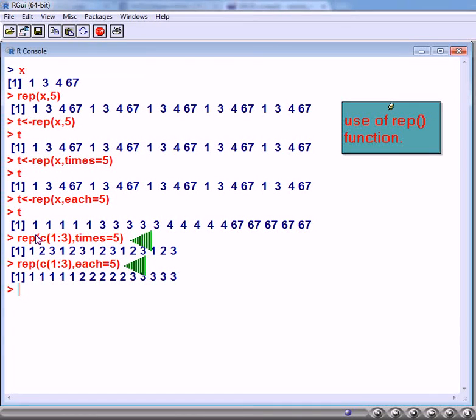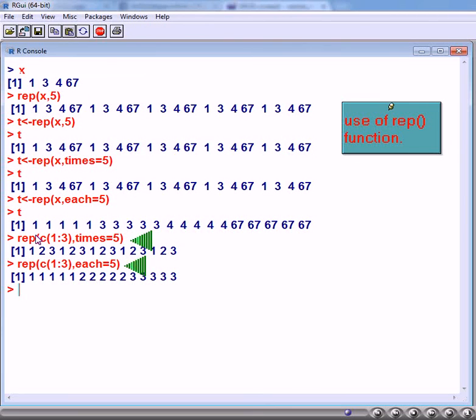We can use the c function inside rep. For example, here in the rep function, I am using c(1:3), that is the natural numbers 1, 2, 3, followed by times is equal to 5, which means that I will be getting 1, 2, 3, 1, 2, 3, 1, 2, 3, 1, 2, 3, and 1, 2, 3.